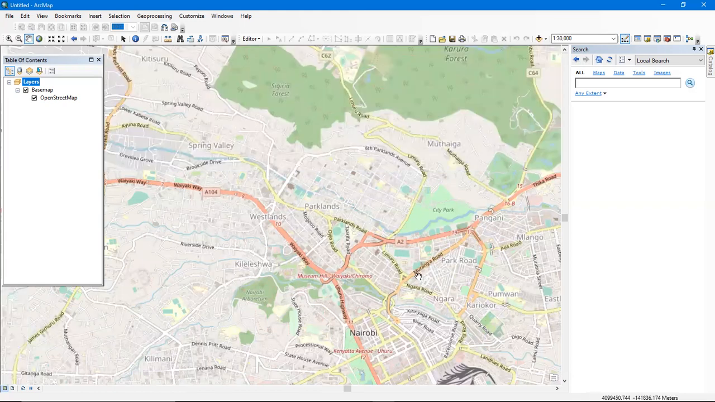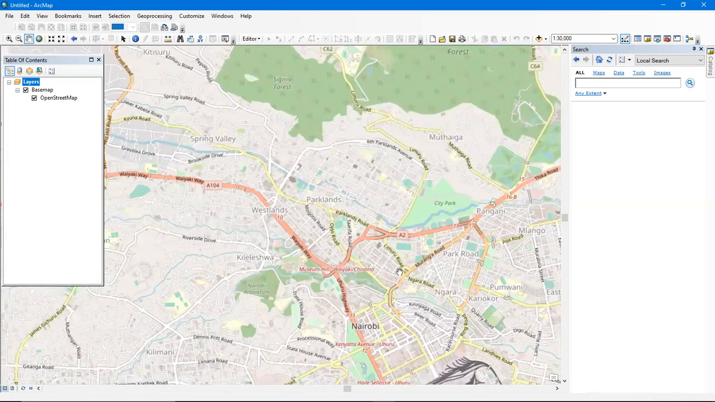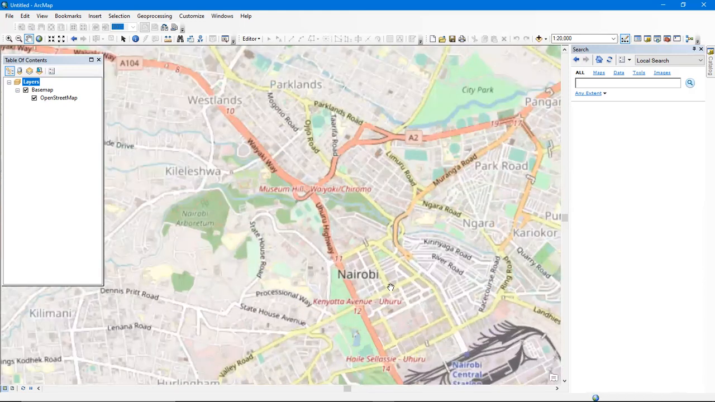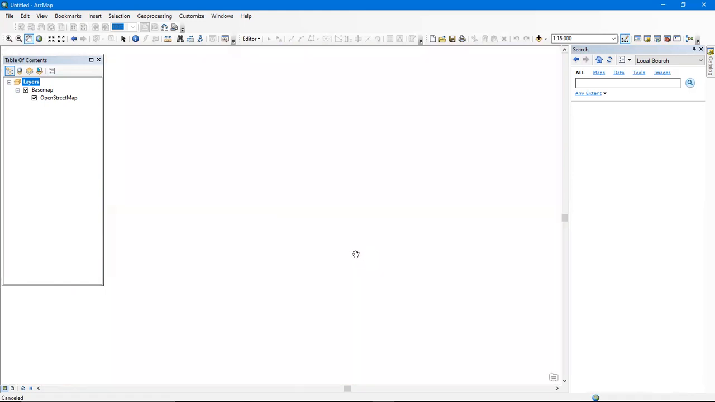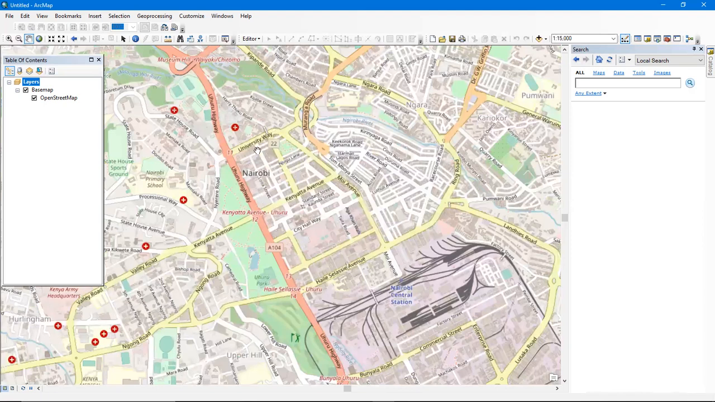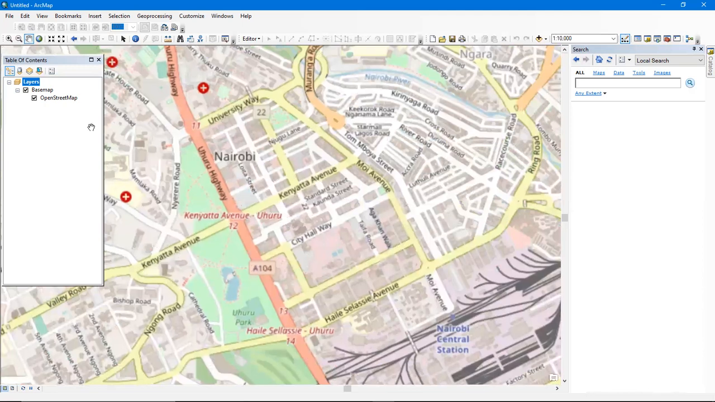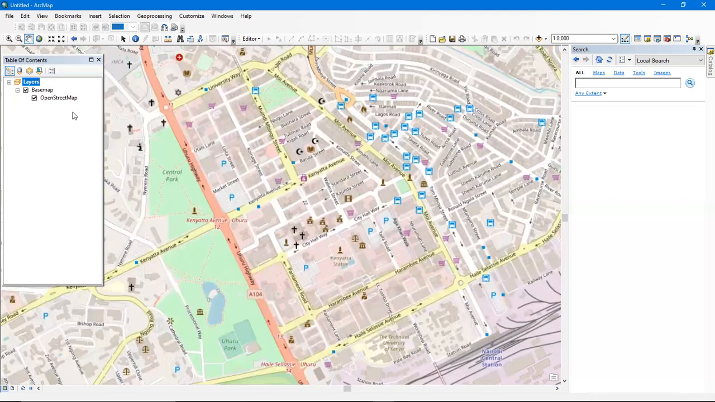Okay, so I'm looking for CBD. CBD is right here. Okay, so this base map here, I will use it as my reference as I digitize my roads, as I digitize my polygons and also points. Okay, so the first thing I will start by doing, okay, so I will start by making this base map a little bit